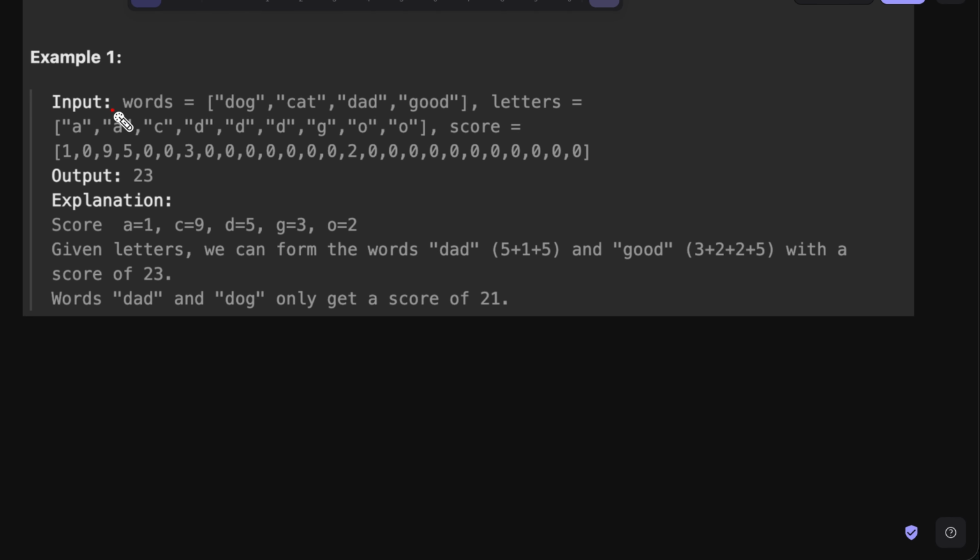So in the question we have words array, letters array and the score array. So the basic premise, the basic thing that the question is asking, is that we have these words, okay? We can make these words with the help of these given letters. And we have a few letters, okay? We don't have all the letters available in the entire world. We can only use these letters that are present in the letters array to create the words that are present